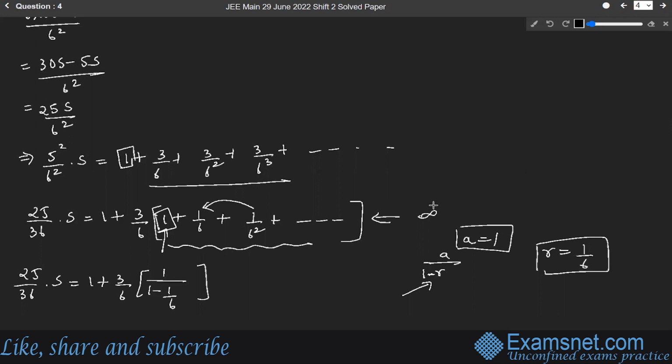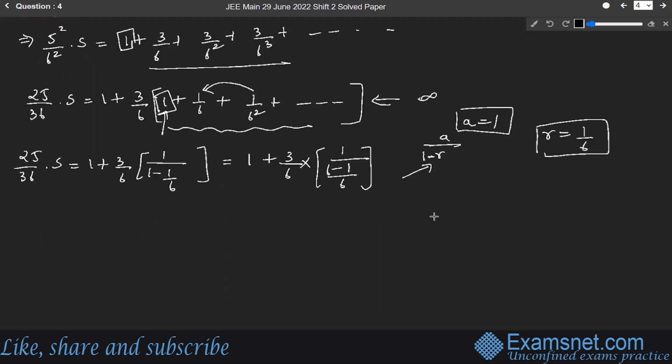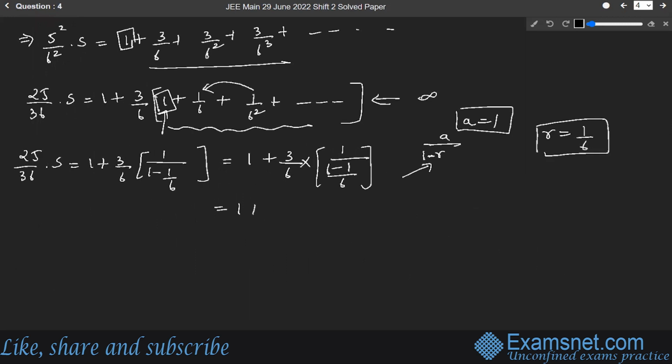All right. So when we simplify it, we get 1 plus 3 by 6 into 1 upon 6 minus 1 upon 6. Okay. We have taken the LCM inside the bracket. So it will be 1 plus 3 by 6 into, this 6 will go to the numerator. So 6 upon 6 minus 1 is 5. 6 and 6 will be cancelled. So it will be 1 plus 3 by 5. What is 1 plus 3 by 5? It is